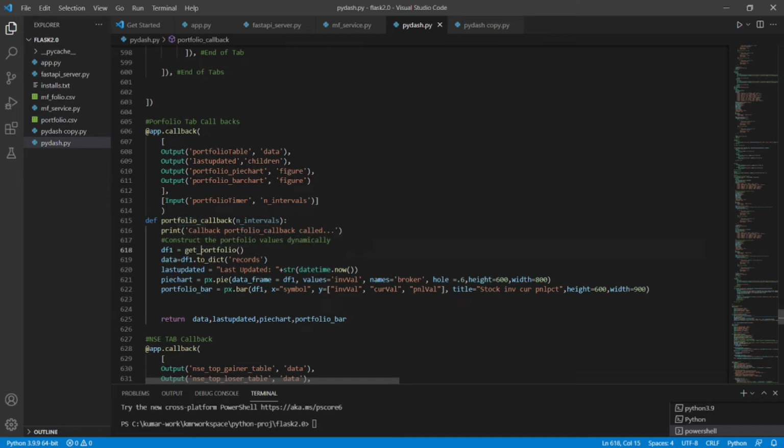And what I am doing is calling get portfolio. I am changing the data frame into a dictionary, and I am updating last updated time to whatever the time is. Also, I have to create two charts, one pie chart and one bar chart. For the pie chart, the data frame I take is df1. The values for the pie chart are invested value, and names is broker. So across the broker, what is the invested value, and this is the size of the hole,